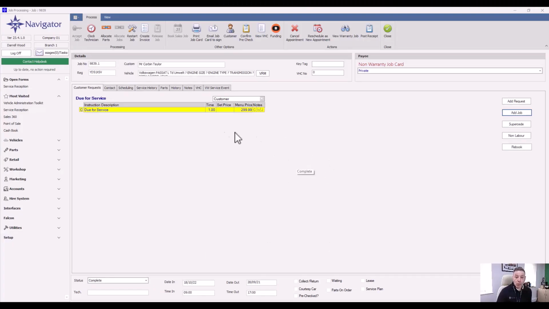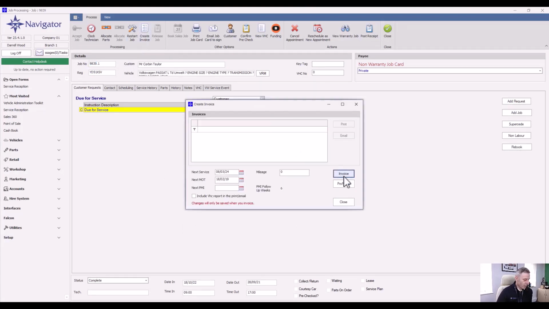So let's just try that out, showing how it works. I'm going to show it using the workshop system. So here we have a workshop job. I'm going to create an invoice. Invoice that, it'll create the invoice. What I'll do is I'll just quickly view the invoice,